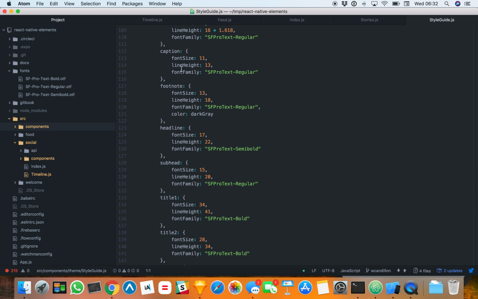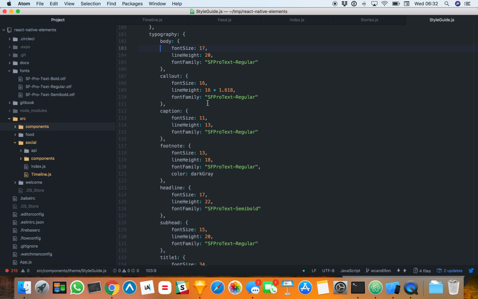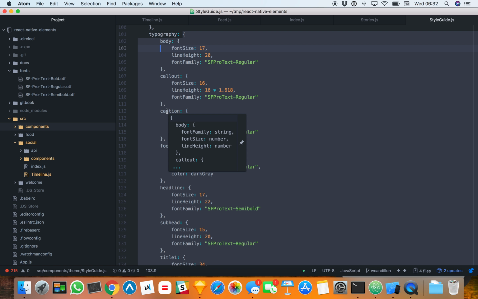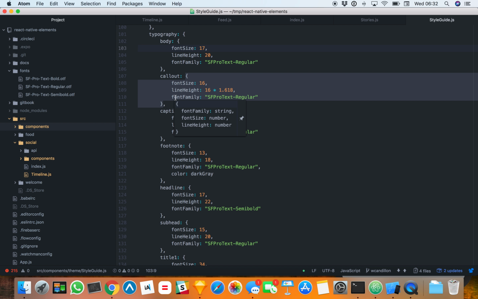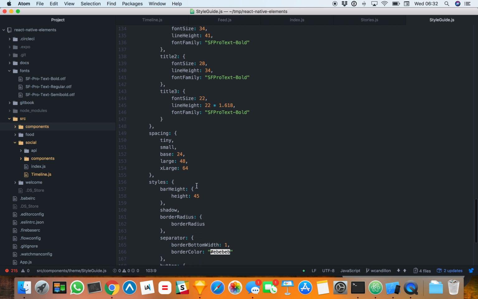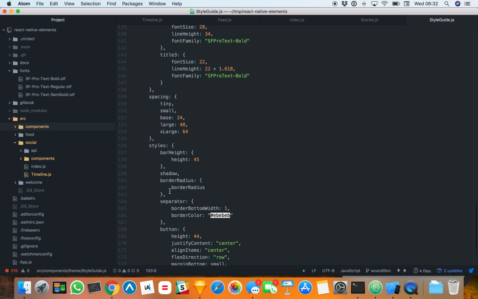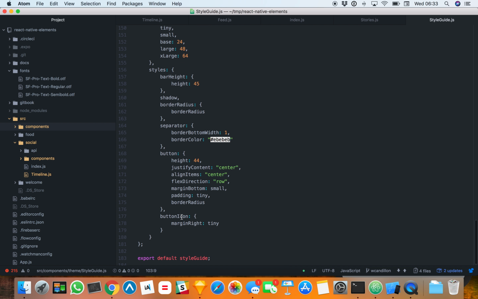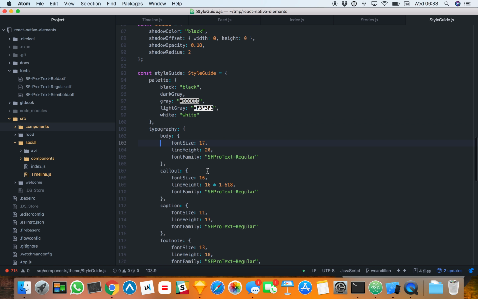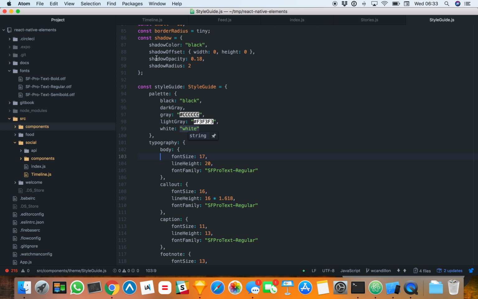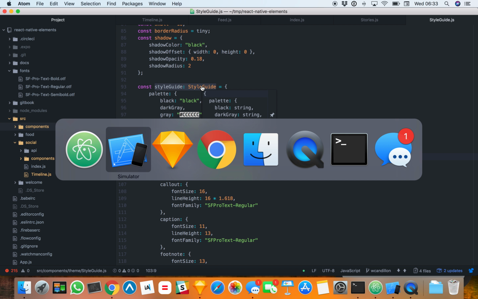So typographies, the typography is copied completely from the Sketch file. So it's really based on the same design system. Spacing, and then there are some styles also which are used across the apps, and then you have theme, which is essentially the style guide plus variables which are